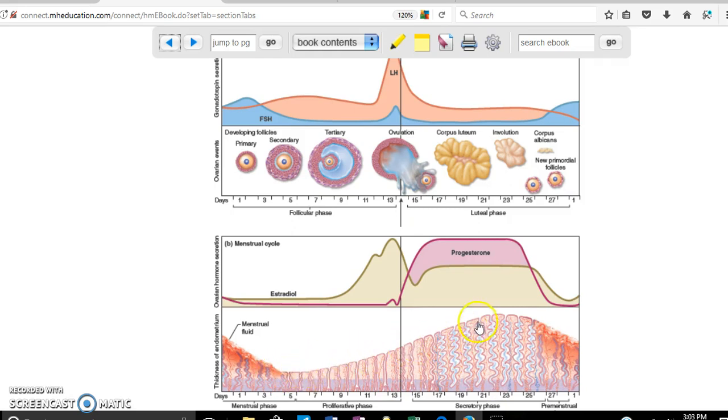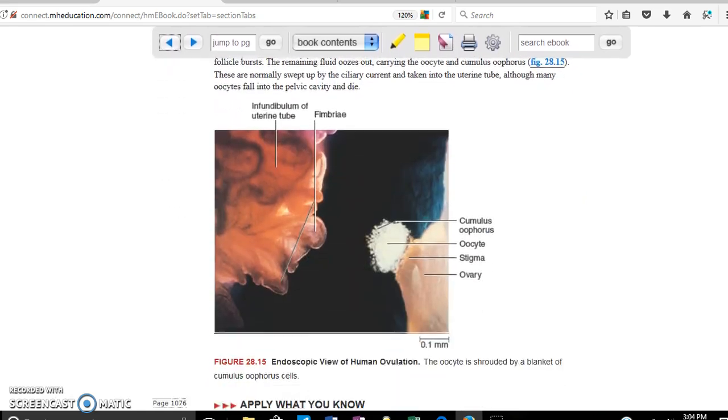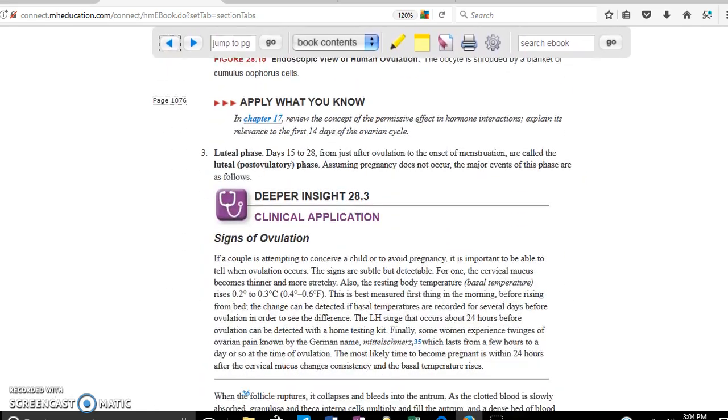So very important for you to remember that the first 15 days, the proliferative phase, is related to estradiol, and the last 15 days is related to progesterone. Not only that, progesterone is during the last 15 days, and progesterone is produced, as you can see right here, by the corpus luteum. Okay, so if we keep scrolling down, we see in the ovulation,